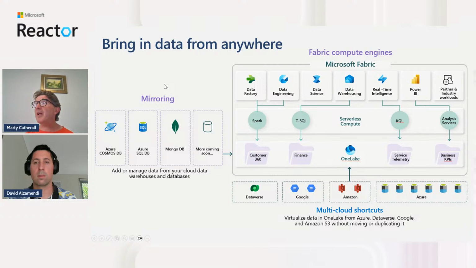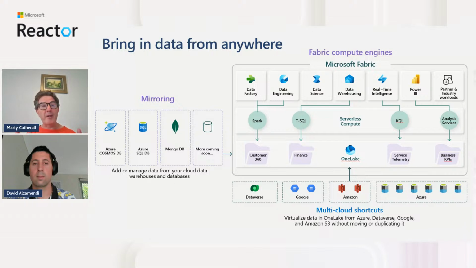So what's one of the big features for copying data from anywhere? Around here, we see what we call mirroring. And what is mirroring? As well as using something like Data Factory to pull data in from a static source, where you're copying it from one place to another, you can use this feature called mirroring, which is a similar concept, but it copies your data in real time. You might have, as a data store, an Azure SQL Server database, and you might want to mirror that into your storage, OneLake.